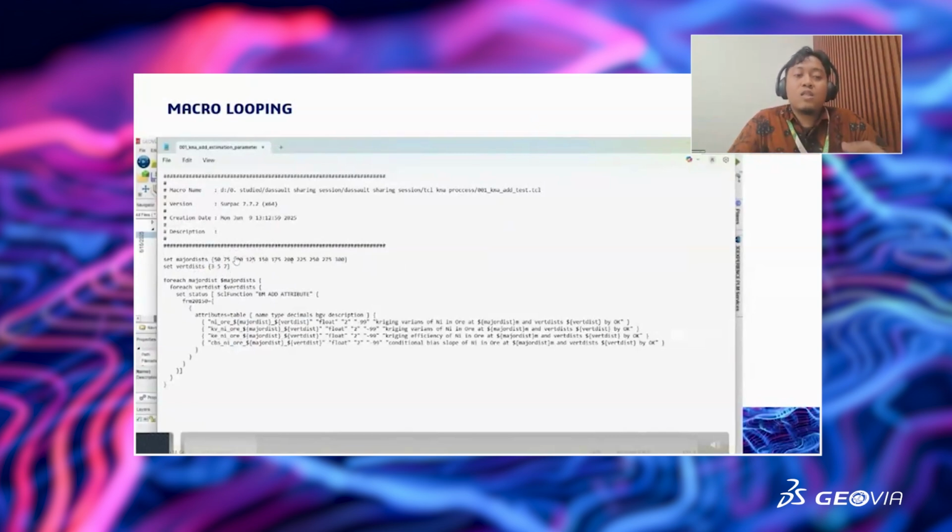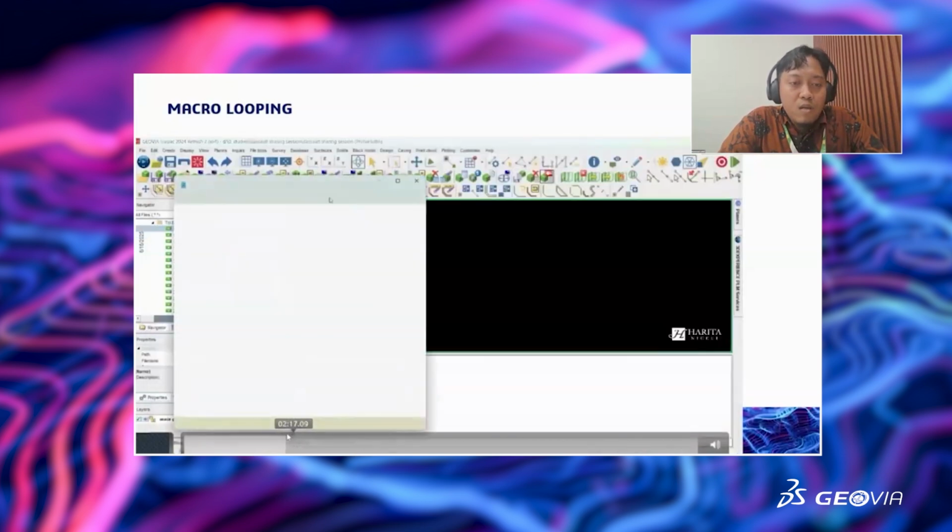It will create 33 attributes for our estimation process here. So this is just for add attribute. So yeah, I just created the example for the 11 by 1 from 50 to 300 by vertical distance 3. After that, I will dock.